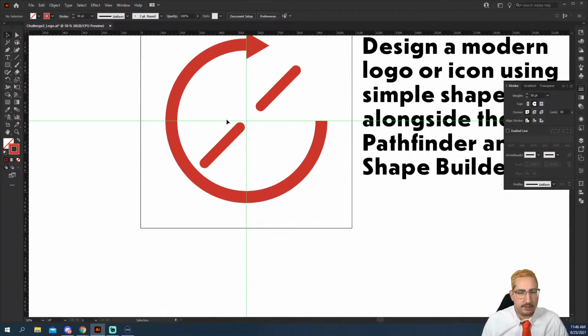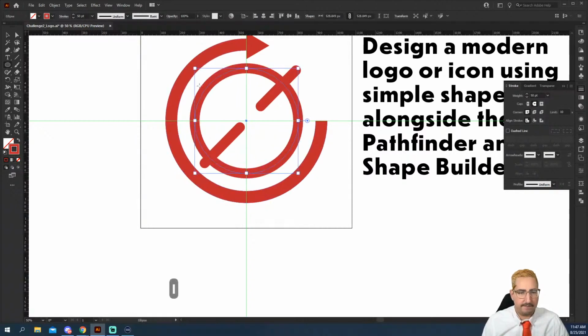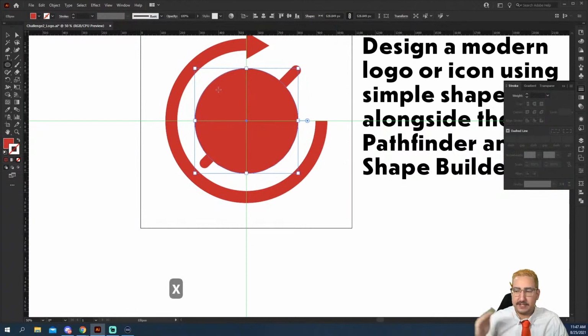Now the next thing I want to do is create a little call out here. With that, I'm going to create another circle to fit in this space. To change the stroke and the fill, we can hold Shift and X. So Shift X, if you see the capital down here, that just means that I'm holding Shift for that hotkey. With that, I actually want this to only show this part in here.